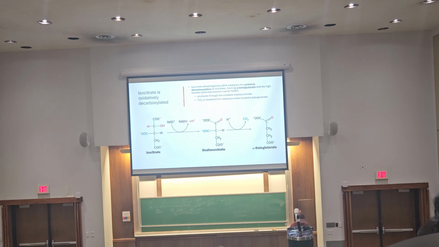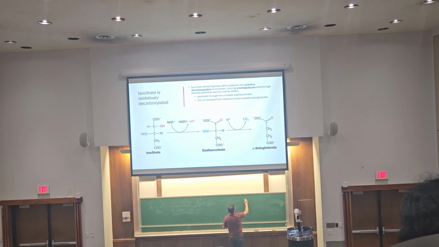Now, this isocitrate is now ready to be oxidized. Okay? So isocitrate is oxidatively decarboxylated by isocitrate dehydrogenase. And the first carboxyl group leaves. It's this one in the middle. This is why I like to draw it this way, so I can keep track of which carboxyl group is going to be leaving. This isocitrate is oxidized to alpha-ketoglutarate. Notice carbon number 2 has been oxidized. We lose, of course,